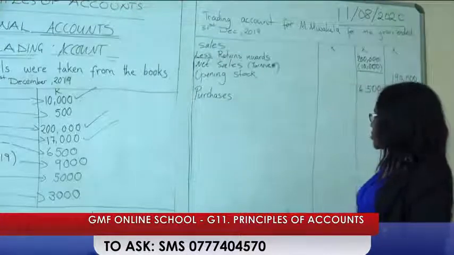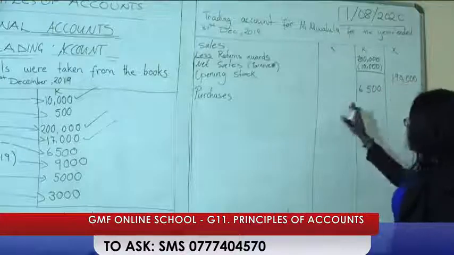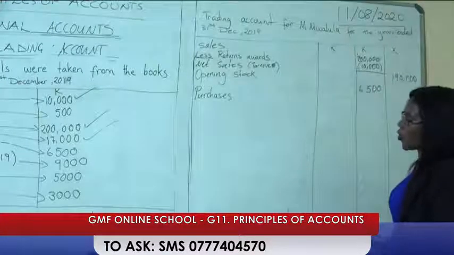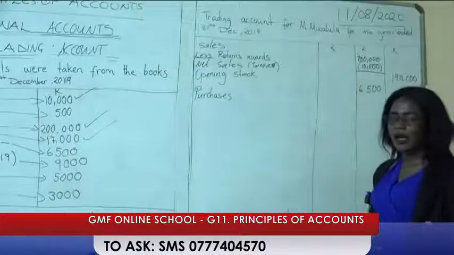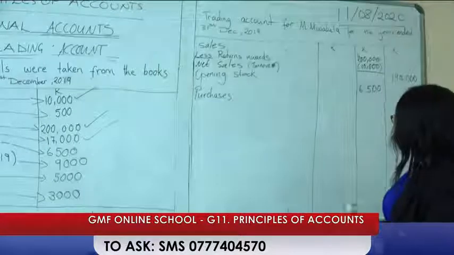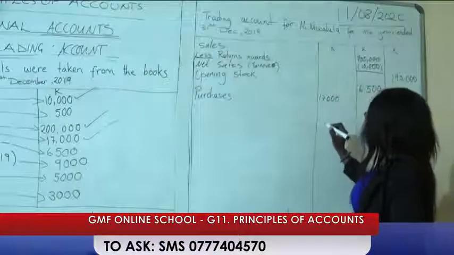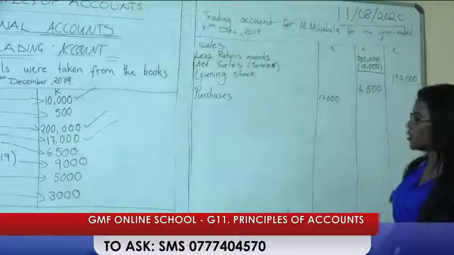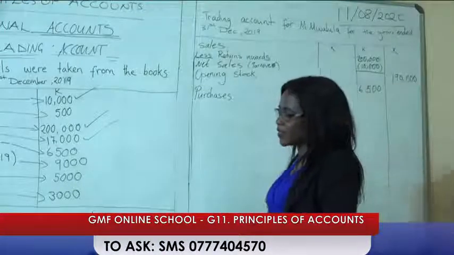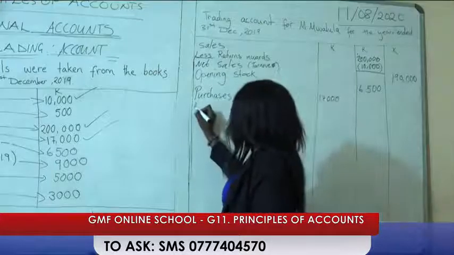Since we have the adjustments, here the purchases will be entered in the first column of the trading account. So the purchases there, we have the 17,000. The next after the purchases, we're going to say less